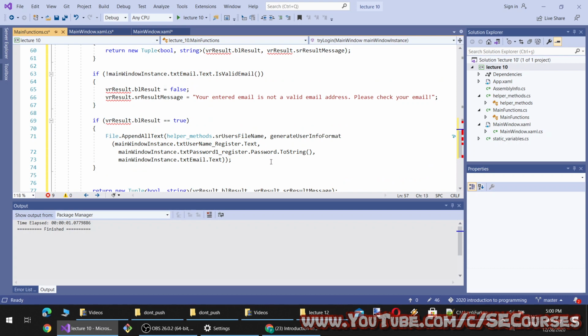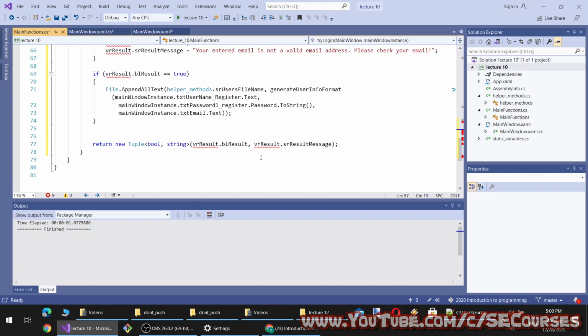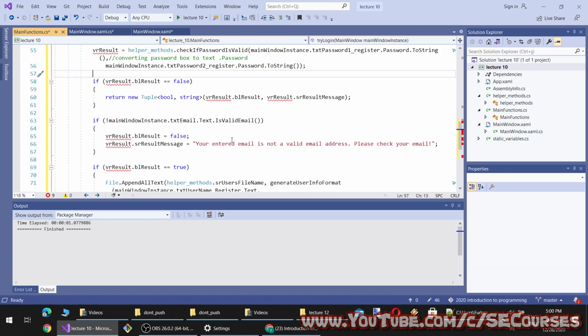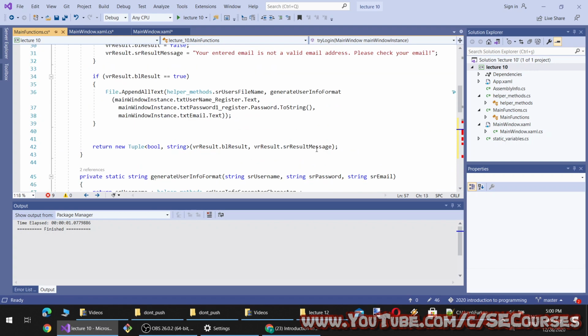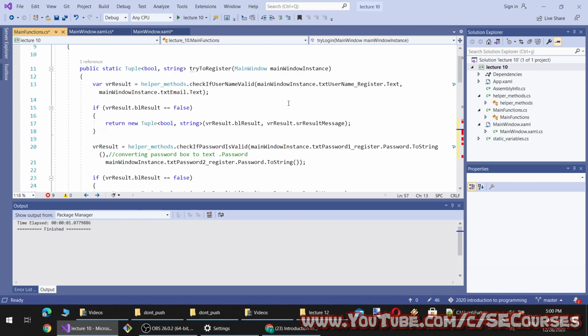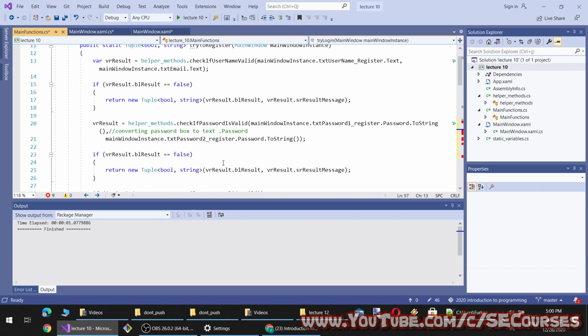So we will also apply the same rules we have applied inside the register method. So what methods did we apply when we were registering?